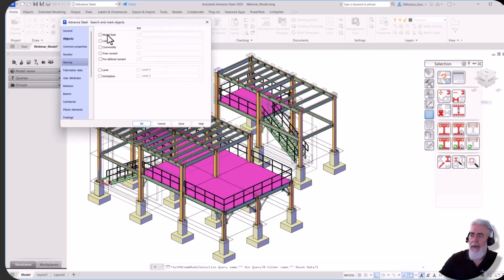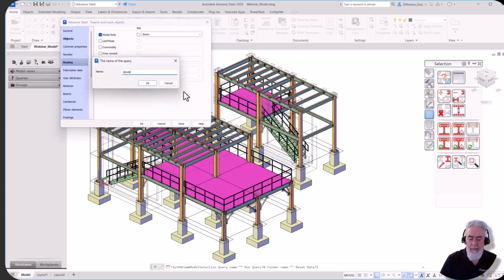And I can come in here and I can say, look for model rolls. I'll check the box at the beginning. And then I get a drop down. You'll notice in this drop down, there are many different checkboxes, and you can select as many as you like. In this case, I'm just going to come in here and say beam. And you can see model roll beam, save, and I'll give it a name, beam,